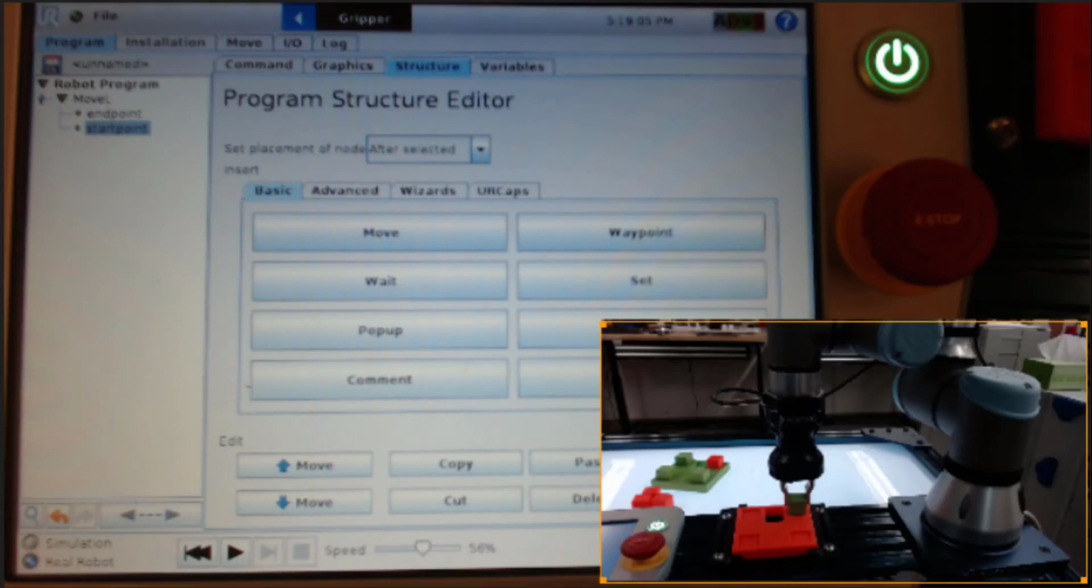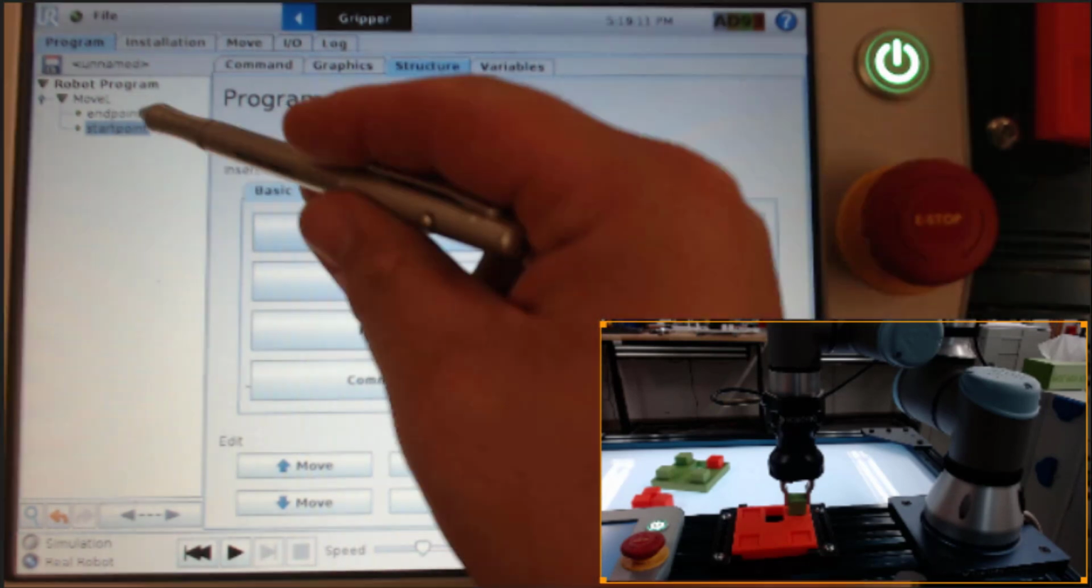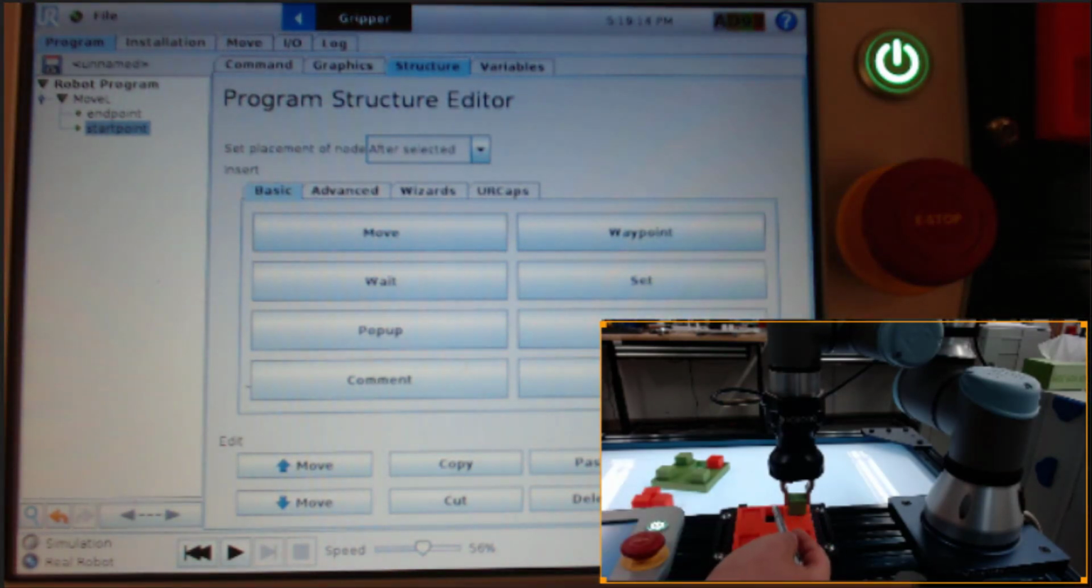Alright, I'm going to teach you guys how to make your program and edit it. So what we've done before is we made our endpoint where the block is now. I have also added a start point right here. But if I were to run the program as is, our robot is going to crash because it's actually going